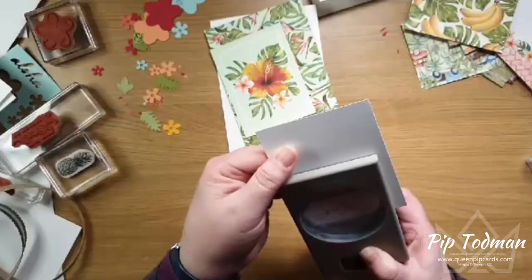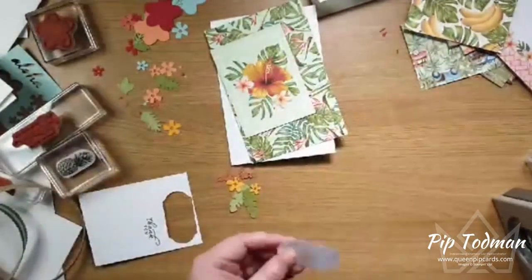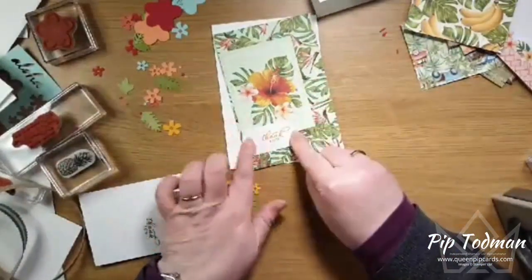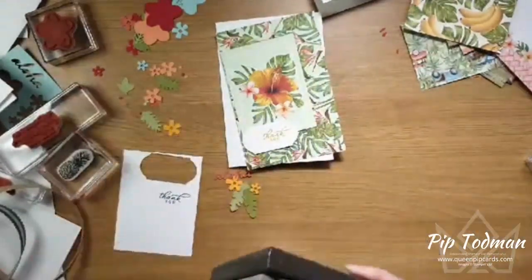This is the... Which one is this? Timeless tags? Timeless punch. Yeah. Didn't help I was punching it upside down. Now I've punched it that way, at that side, because then we can do all our florally bits on that side. This one, I'm going to...